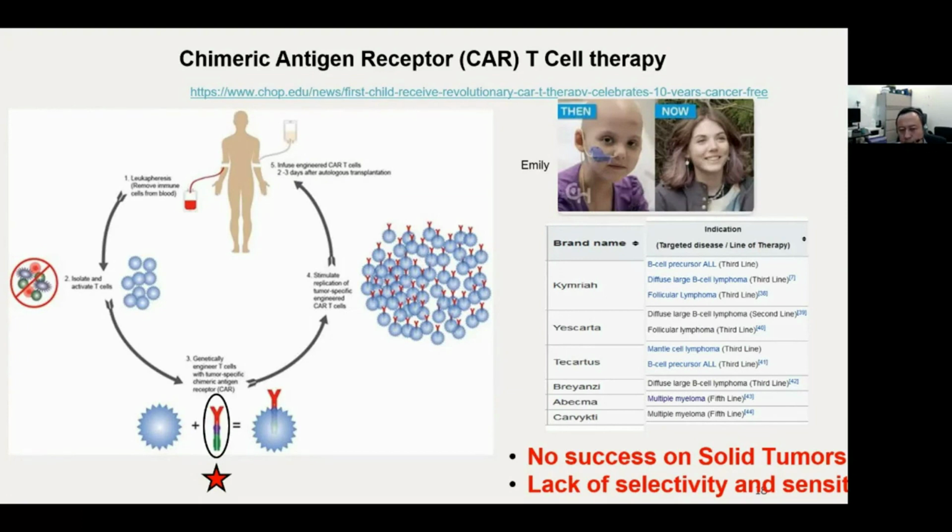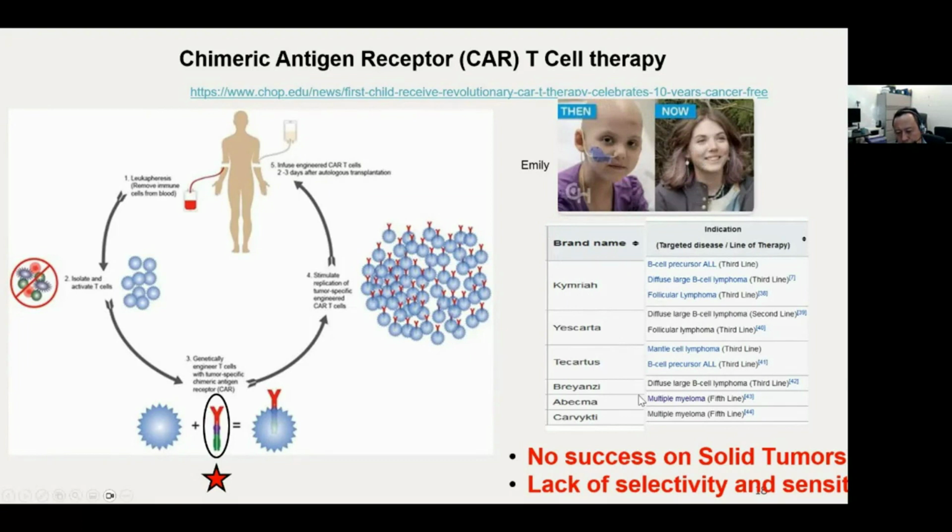And fortunately, at Philadelphia Children's Hospital, this treatment was available, developed by a professor from UPenn, University of Pennsylvania. Okay, so she did that one. And this is her now, healthy, so it's kind of a cure for her. And so this revolutionary treatment has been proven for